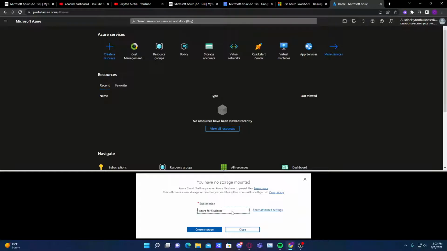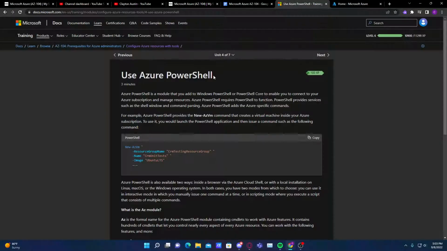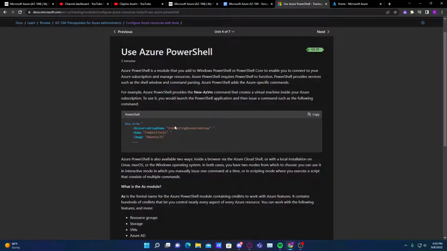I have a student account attached to this, so I'm just going to create storage really quick. By really quick, I mean it's going to take a couple of minutes. So I'll go back to this really quick while that's loading. I'll put this in, which it's going to